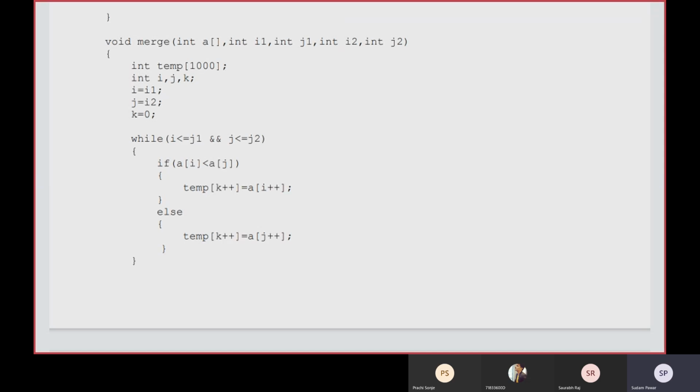Then you use a while loop: while i is less than or equal to j1, where j1 is the last element of the left partition, and this is the logical AND operation, and j is less than or equal to j2. What is j2 here? The last element of the second partition. If a of i is less than a of j, then you have to increment k: temp[k++] = a[i++]. You have to increment there. Else, if it is false, that is, a of i is not less than a of j,